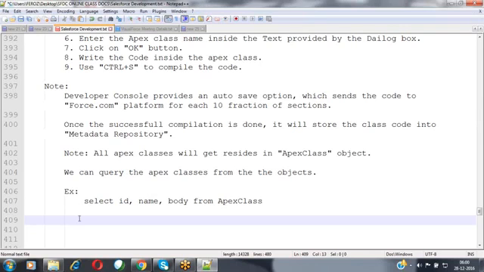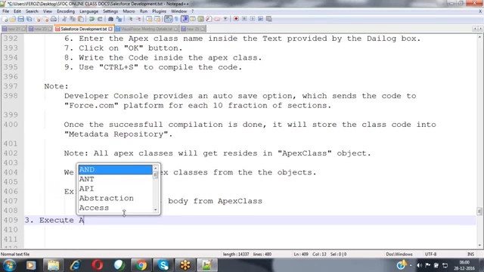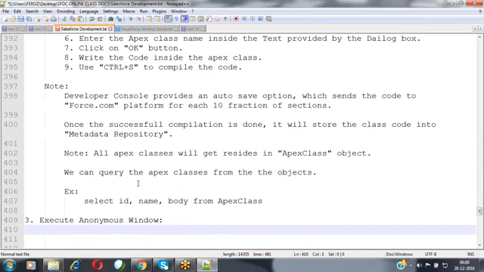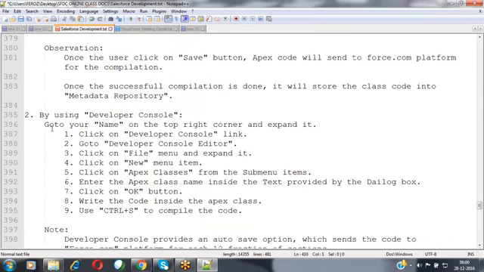Now, the next one. The third way is the execute anonymous window. The third option to write the code is the execute anonymous window here.